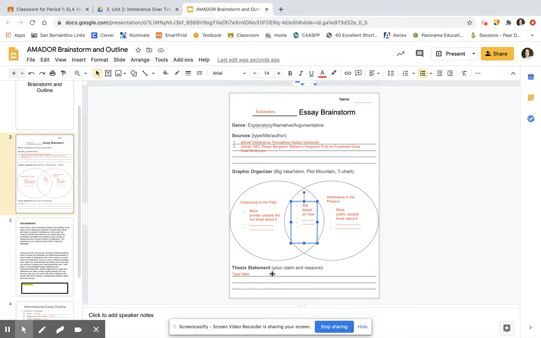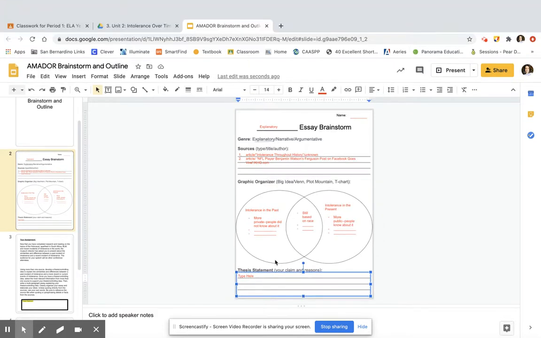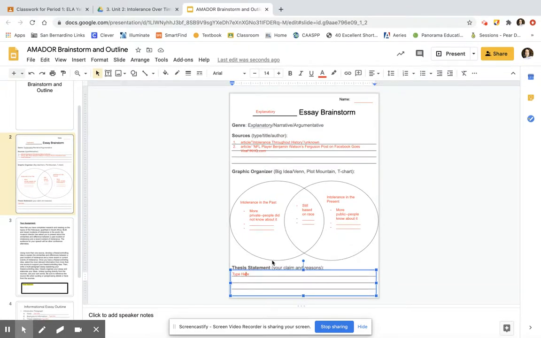All right, now we're going to move on to this section, that says thesis statement. Now your thesis statement is your claim and your reasons. So what is our claim? What is what we are trying to prove? And what we're trying to prove usually comes directly from our prompt. So I want you to think, and this part is going to be a little more difficult, so if it's not perfect, don't worry. We're going to spend a little more time on thesis statement next week. But a thesis statement is like what you're trying to prove plus how you are going to prove it.